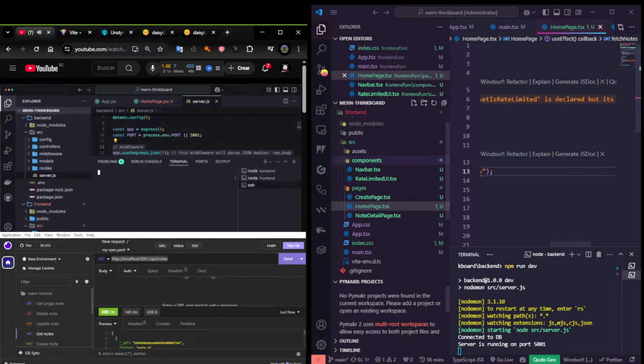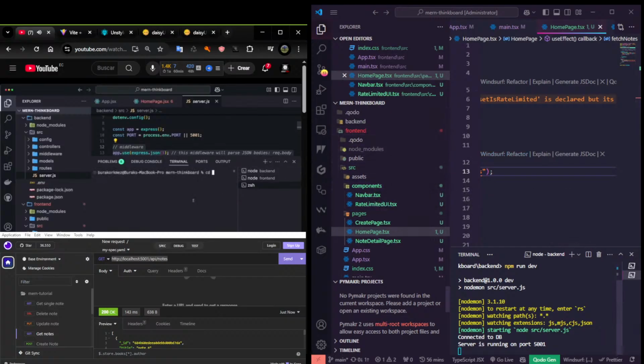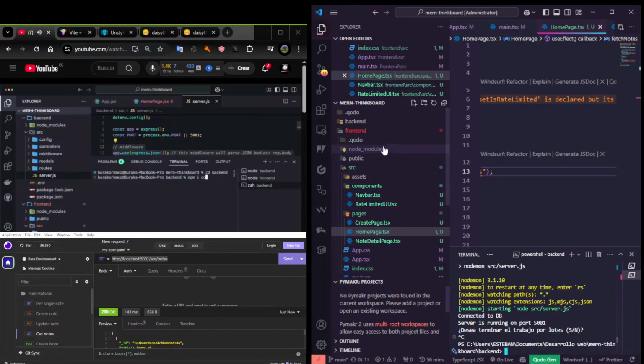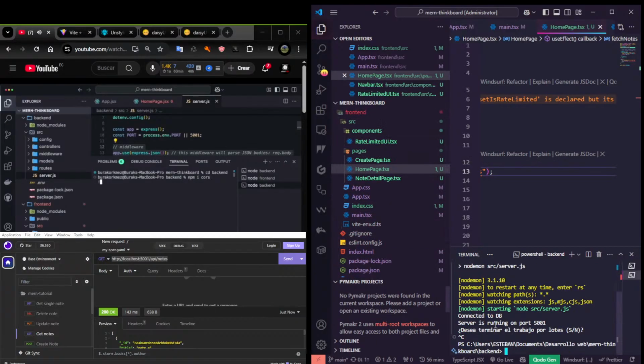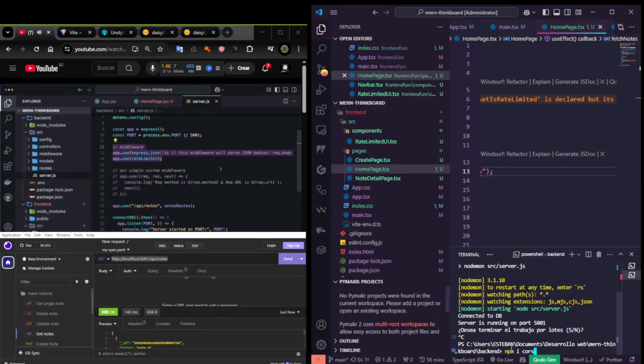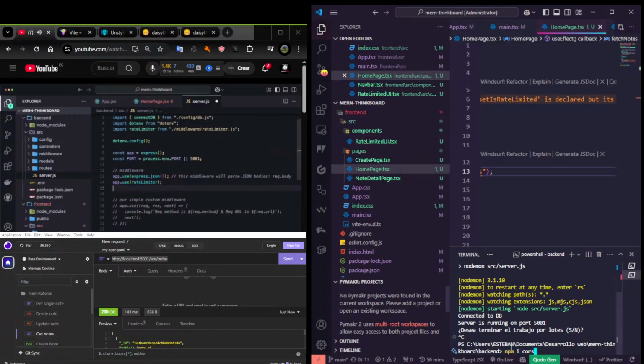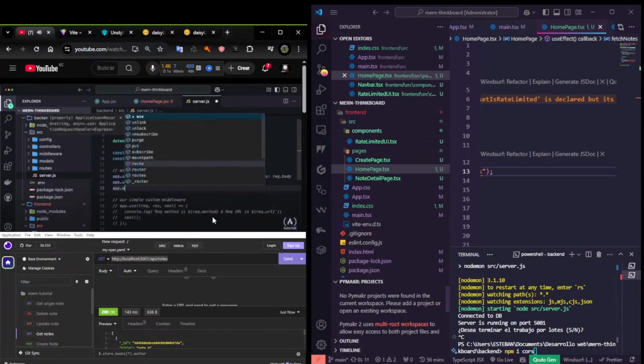So I'll open up a new terminal. Let's go under the backend, I'll say cd backend, and then I'll say npm install cors. So this is the package that we'll be using to be able to get rid of that CORS error. Okay, so right here I'll just say app.use